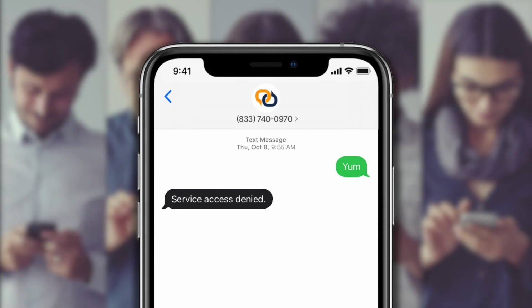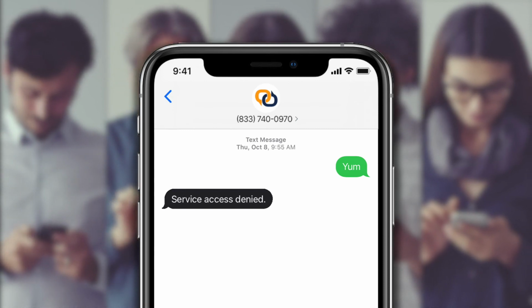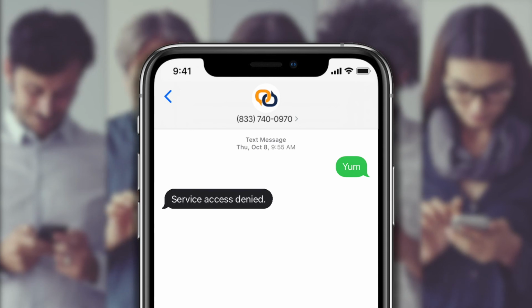Congrats! You've now determined why your contacts are not receiving messages and how to successfully resolve this issue with Easy